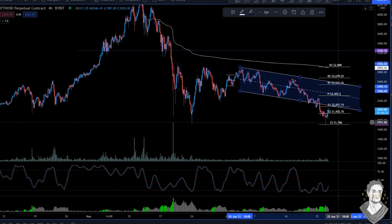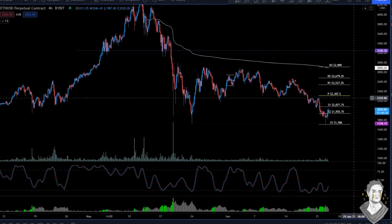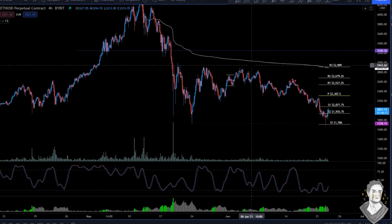Now we have a falling channel here for Ethereum also. But personally, I would be looking at this as just a sideways channel. I mean, they all are in a sideways channel right now, which means we are in a period of consolidation, a period of just ranging price action. So that is why we've been looking to trade this as a range. We're looking to buy the bottom of the range and sell the top of the range